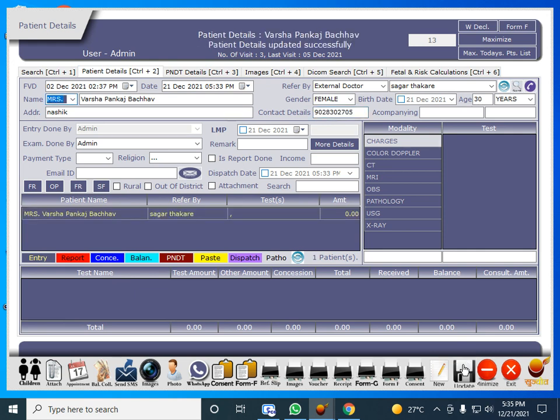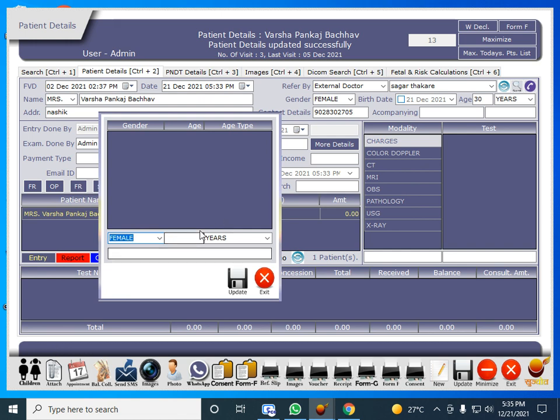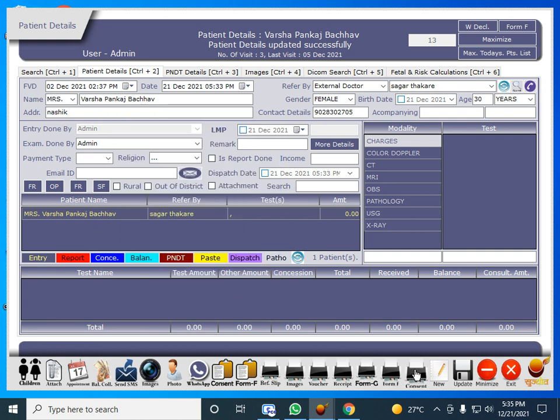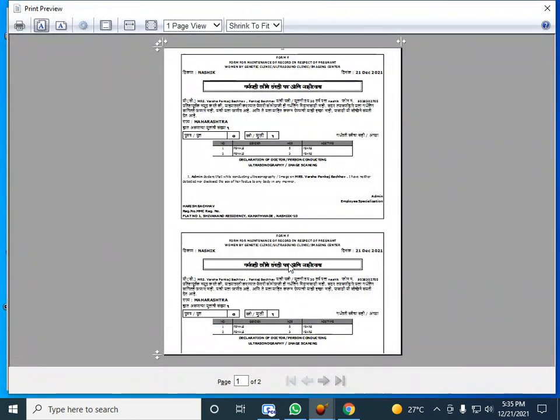Now let's take an obstetric patient example to get a full view of the software. If the patient is obstetric, then we also take her previous child history. We enter her child history by clicking this child icon button. Now assume she has two girl children, of 3 years and 5 years respectively. And after that we exit from the screen.